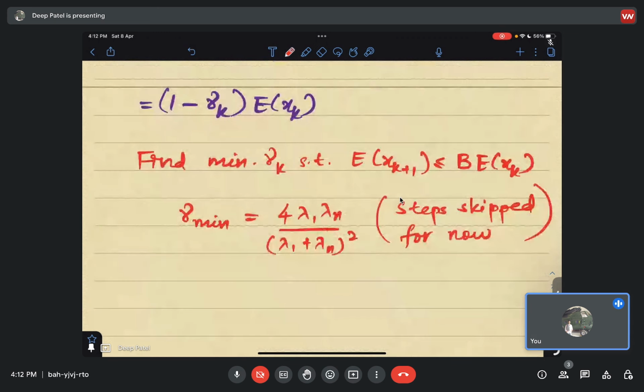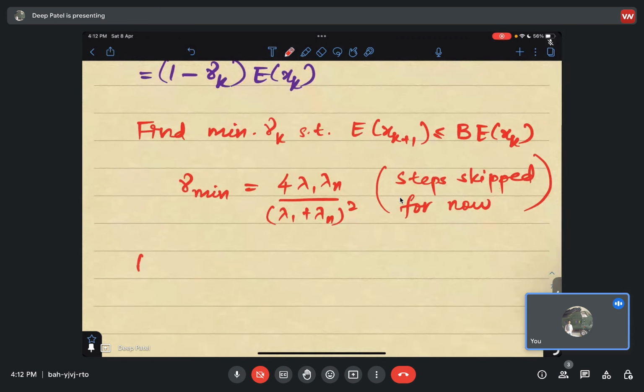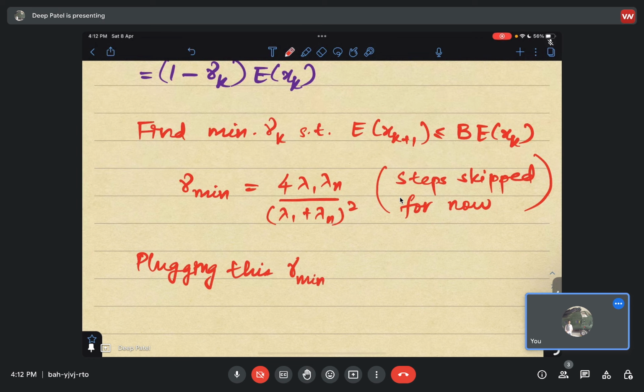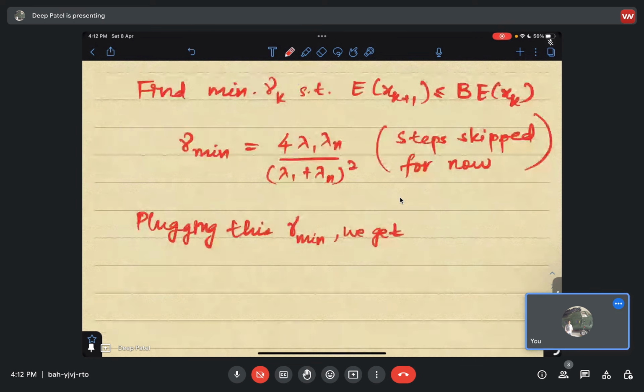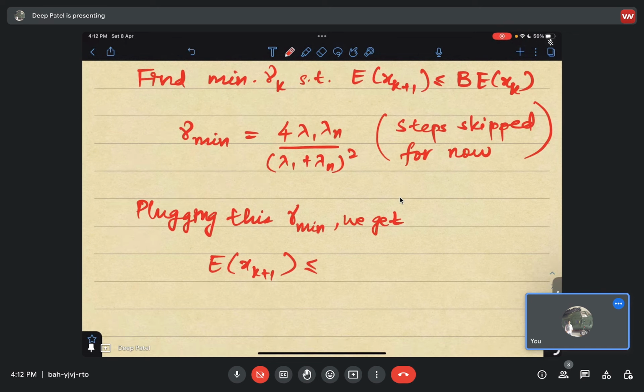So plugging in this gamma min, we get the expression that you saw in the lecture, exk plus 1. Here we are looking at the norms squared, so that's why we are getting terms like this,